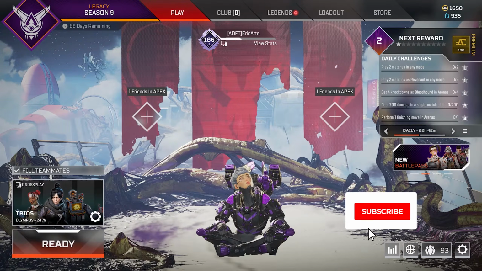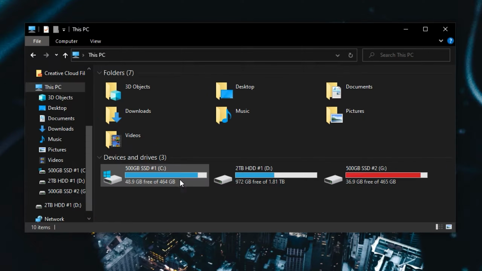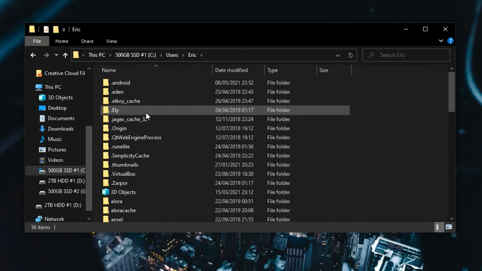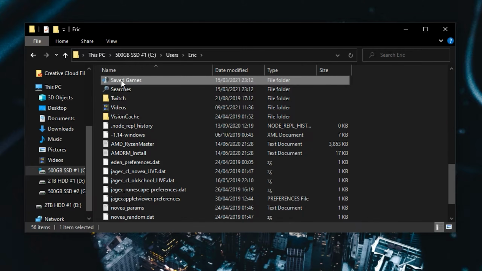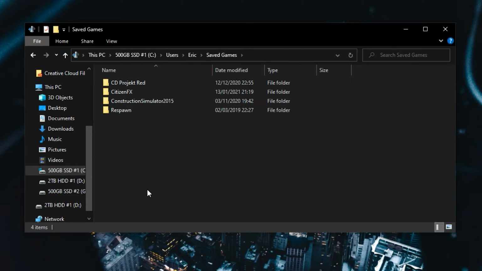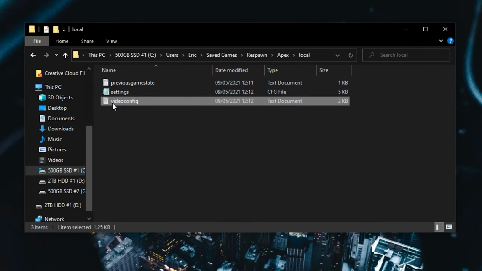All you have to do is navigate your way to this specific directory. It might be a bit different for you depending on where the game was installed, what your drives are named, etc. But for me, it's on the C drive, users, my name, and then saved games. You can drop down here quite quickly by just pressing S. Open up saved games, go to respawn, Apex, local, and you should see a txt file called videoconfig, or it